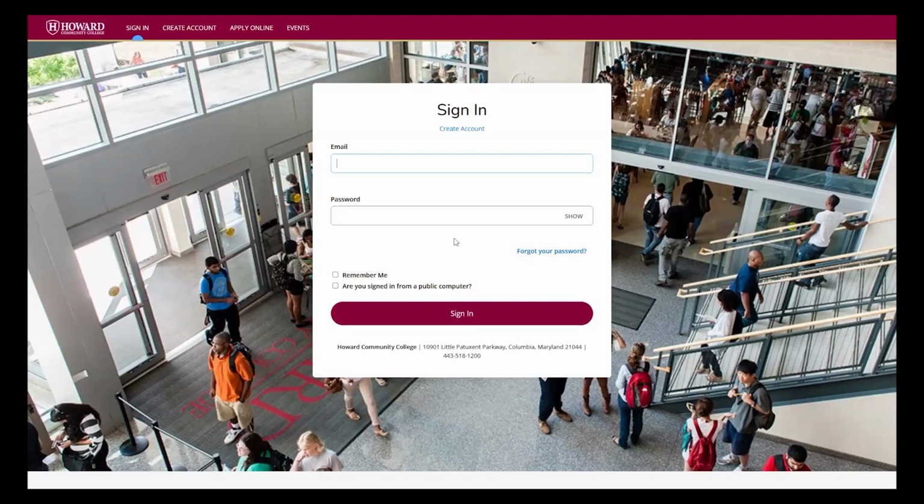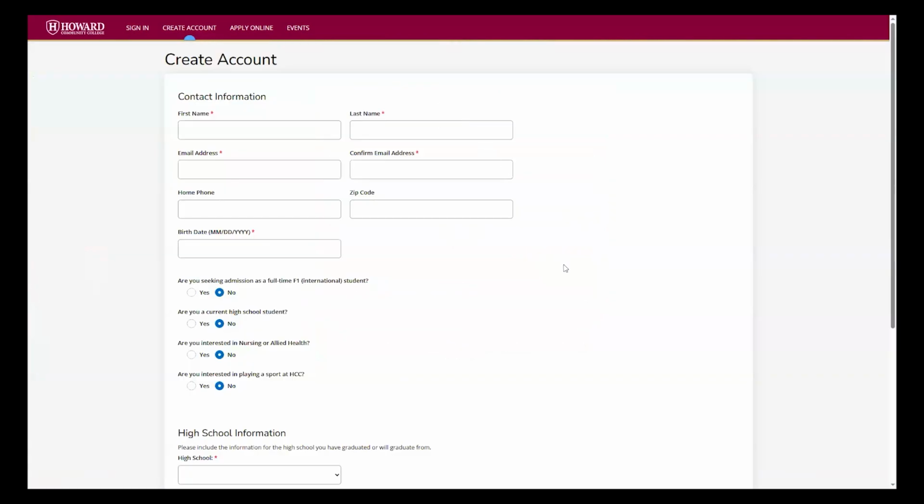If you are creating an account for the first time, you will want to select Create Account. While filling out this information, please make sure that you double check before moving on to the next step that all of this information you have provided is accurate. You will want to put the legal first name and last name. And for email address, please put a personal email address that you have access to and check frequently so we can send you any updates regarding your account.